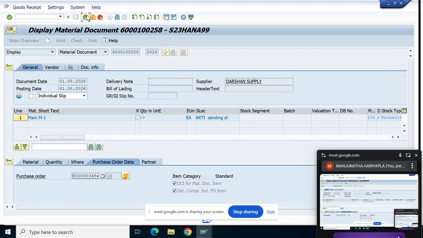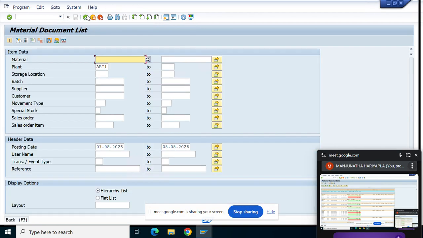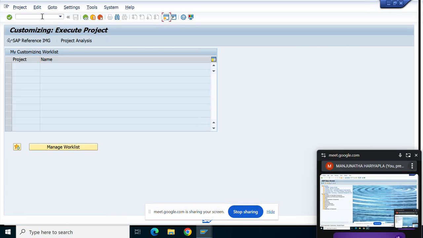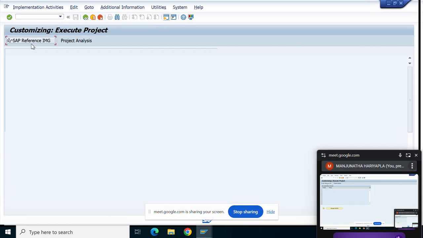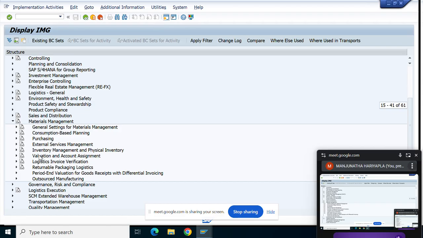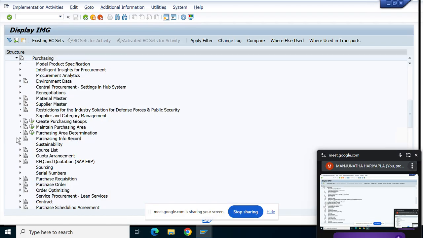It will work under the combination of supplier and the vendor schema. We assign the schema, and we need to link. So whenever you select that particular vendor, the schema will trigger. Okay, so go to SPRO, press enter, go to the SAP reference IMG, go to materials management, then purchasing,